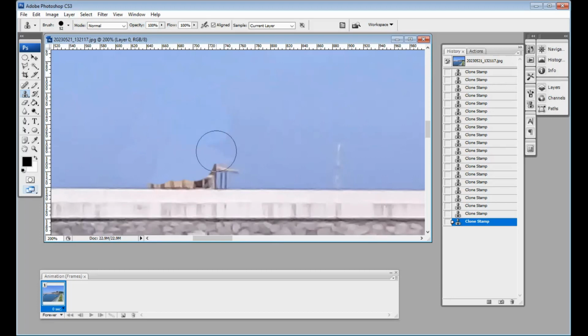Maybe we can use blur, I think. Yeah, okay, let's try maybe blur. Yeah, okay. Clone stamp again, maybe here. Okay, click this, click, yeah, click.